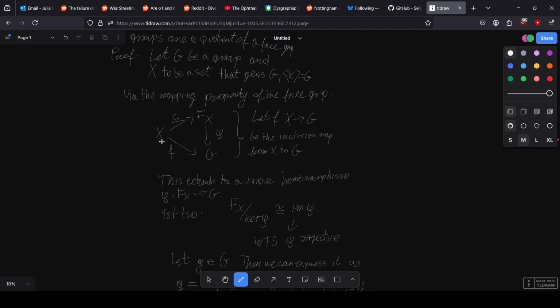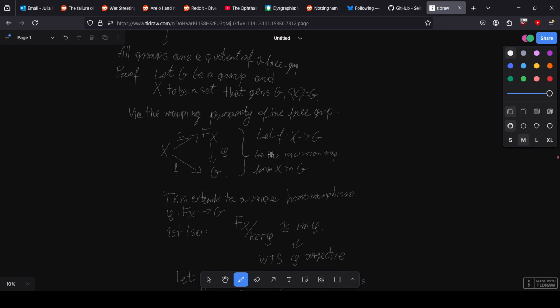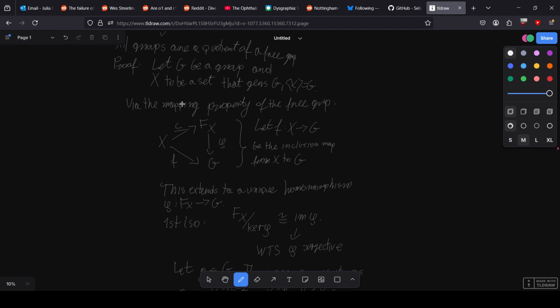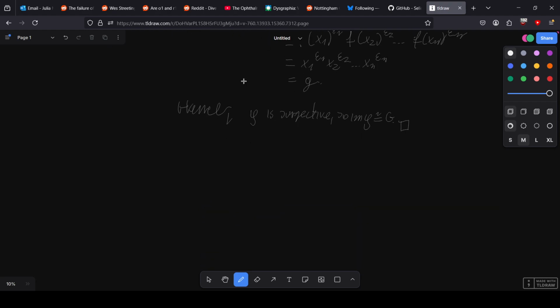But this gives us a bit more insight. What happens here is that we can use this sort of situation as an alternate definition of generating a group. So X generates G if and only if